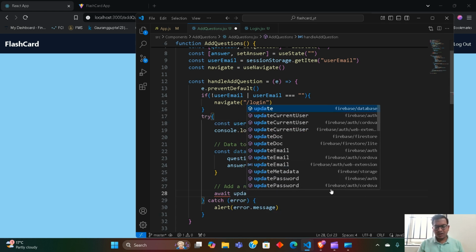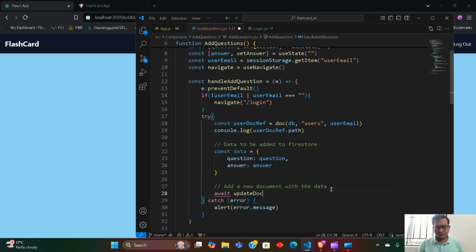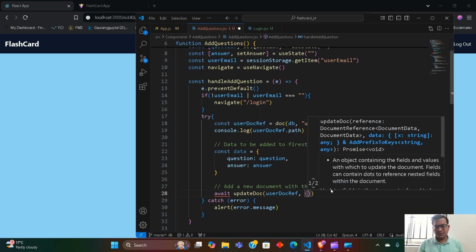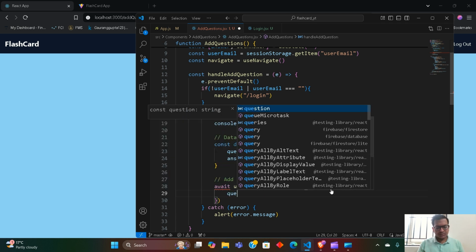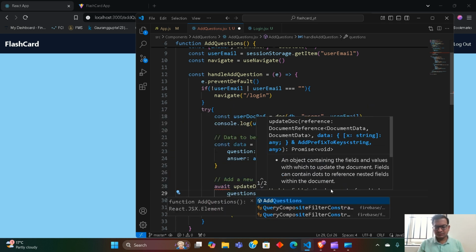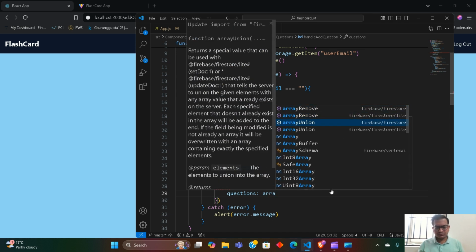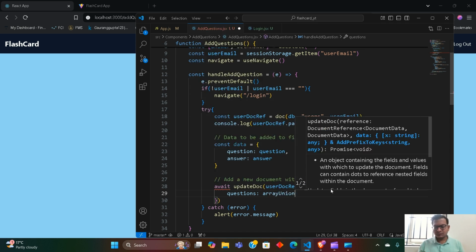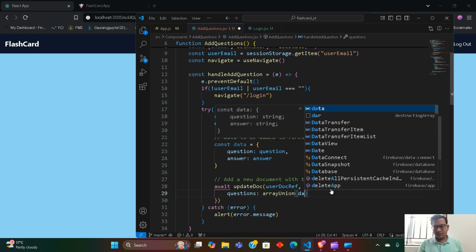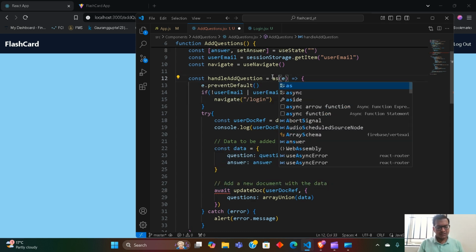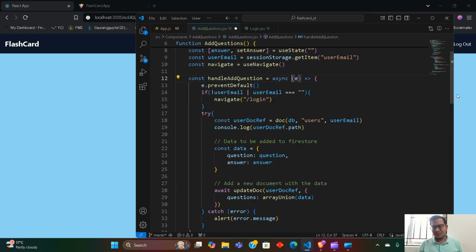So updateDoc, and we will be using userDocRef, and the questions will be arrayUnion and data. So this await is showing an error. To solve this, simply make this function asynchronous